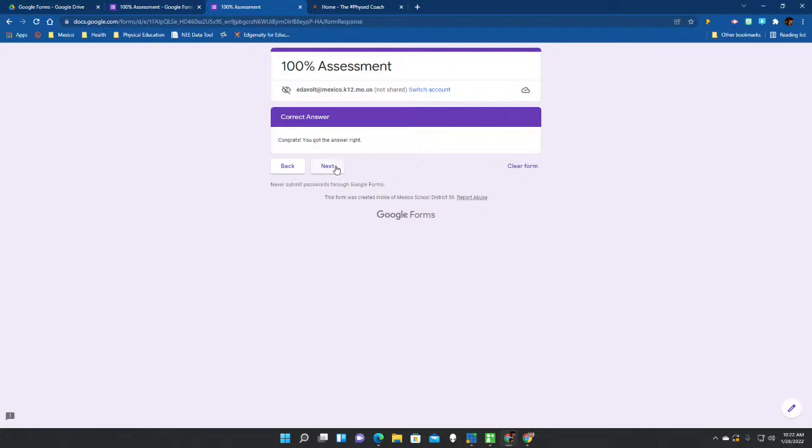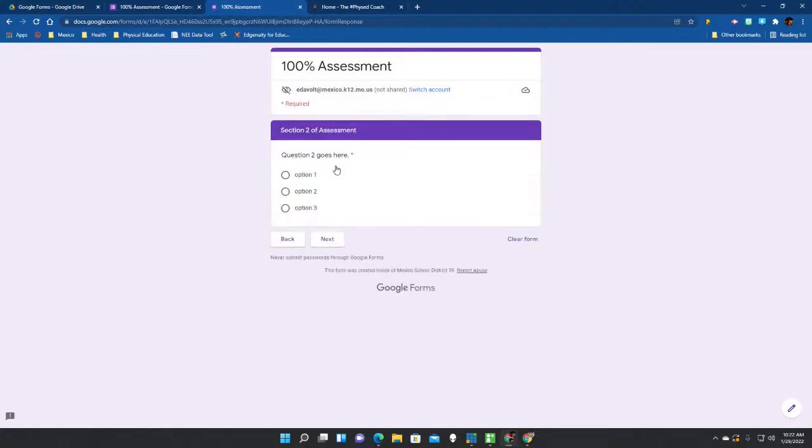And then the student would then click next, and they get to see the next question. So they have to get the question correct before they are able to move on. And that's what I really like about this Google form. The students have to continue answering. Can they cheat? Yes, and just continue choosing different options. Of course they can, but hopefully they will do the right thing and either watch the video,